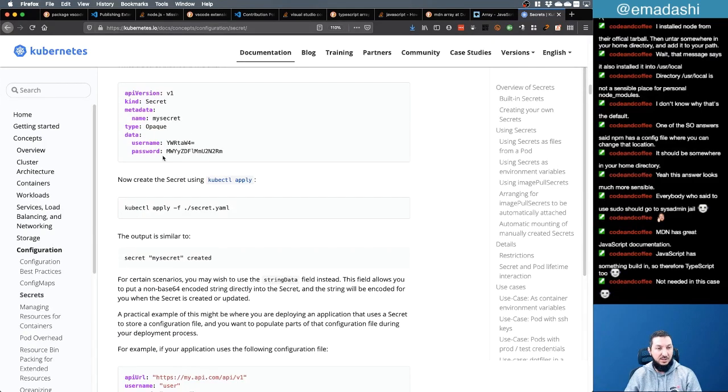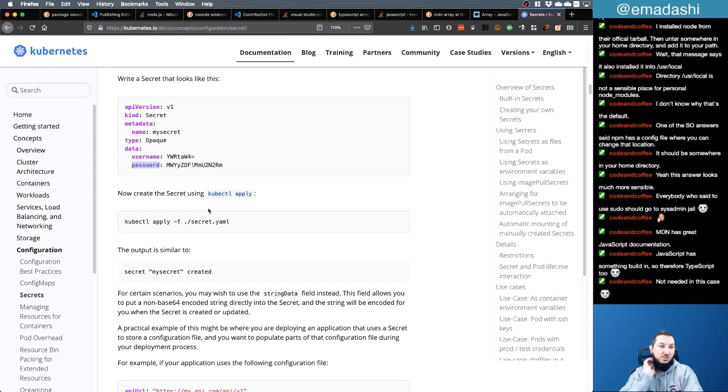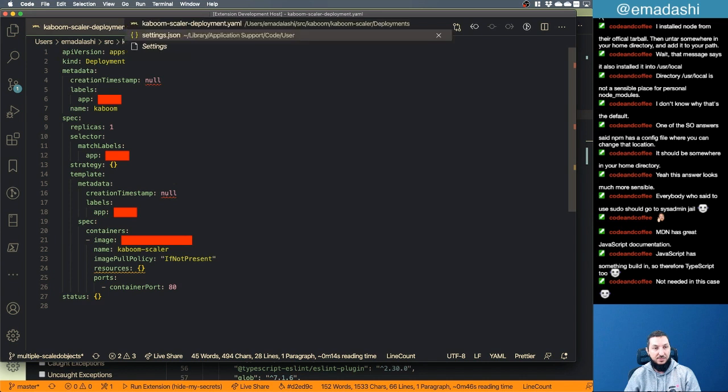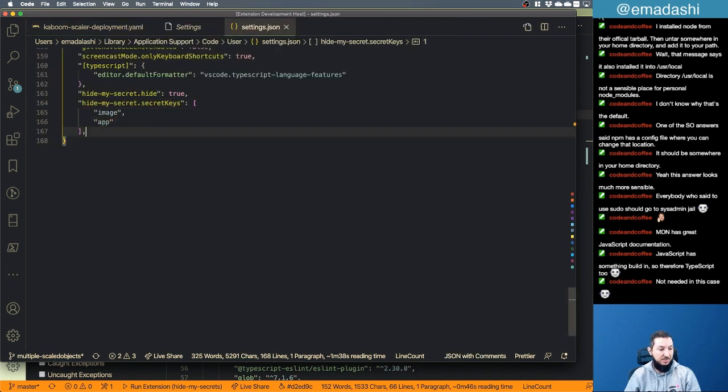Yeah, something like this. Password, for example. I know it's base64 encoded, so people can still get it, but we can just hide it. So the list becomes image, app, password, cert, token,